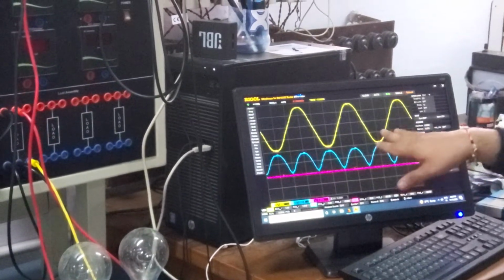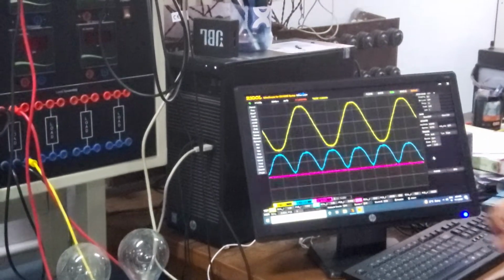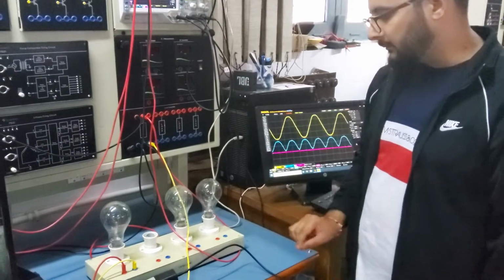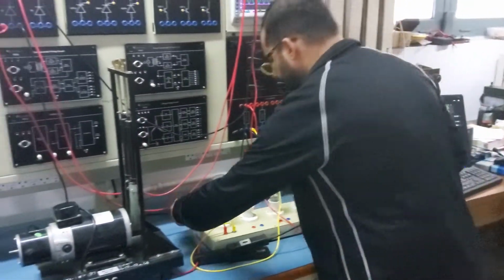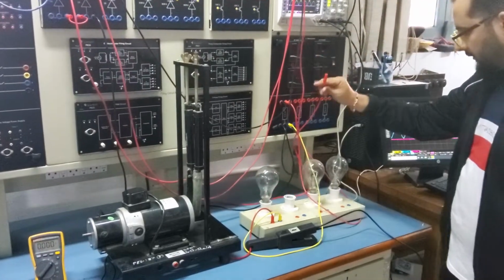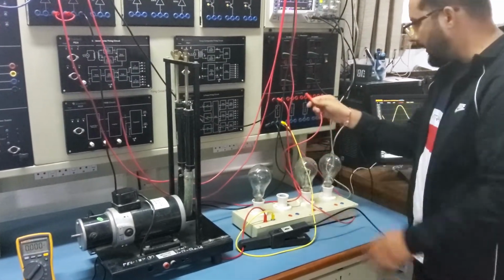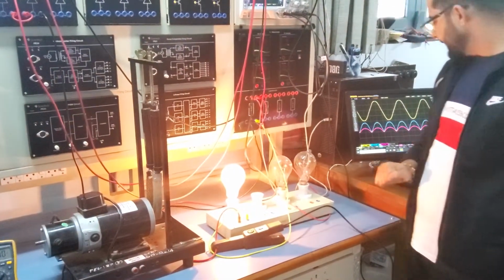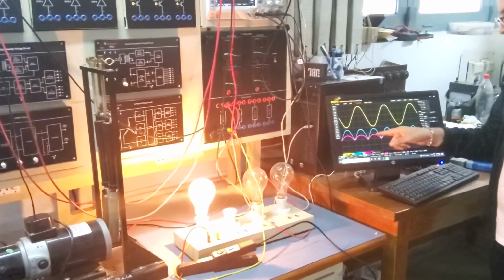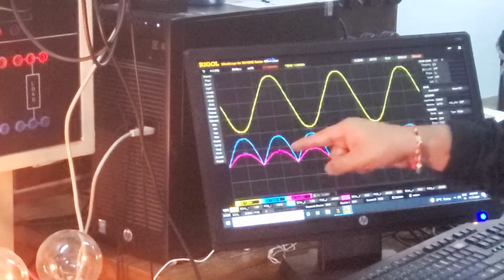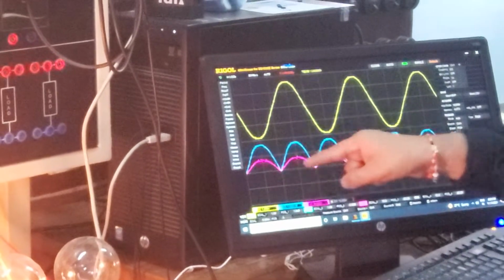should be purely DC. So if I apply some load, right now this is 0, but as soon as I apply some load, it will be some non-zero value. So now I am applying that R load. You can see now the R load is there. So here you can see this is the output voltage and this is the output current. The magnitude of this current will depend on the value of this resistance.